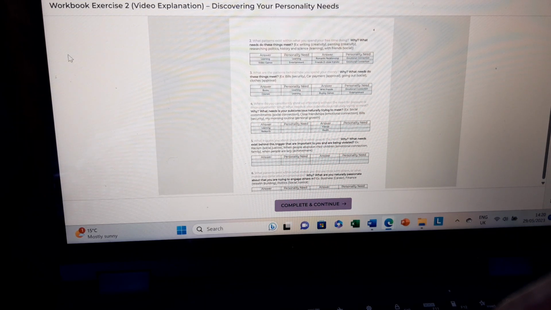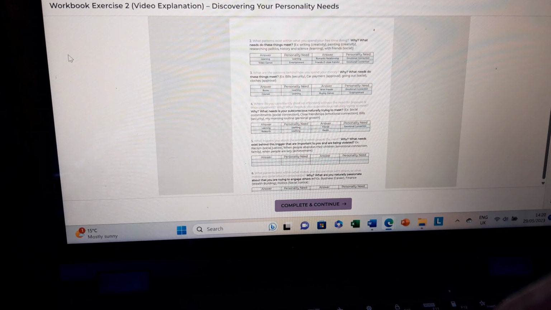Okay, so sometimes you'll have these outliers, but you'll see here, okay, learning, it's reading articles, reading books, researching. Great. It's learning all different topics, the personality need of learning itself. Excellent. And then friends, personality need, emotional connection. Now remember, the reason we keep looking for what needs this is meeting is because for, let's say, John